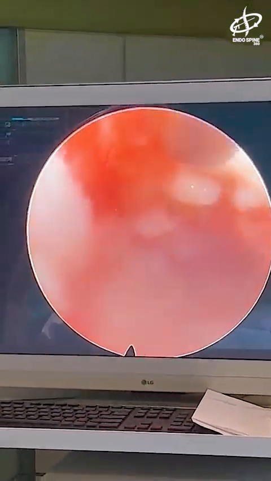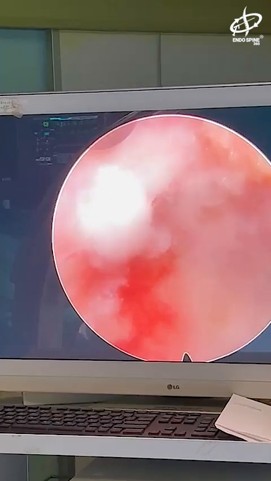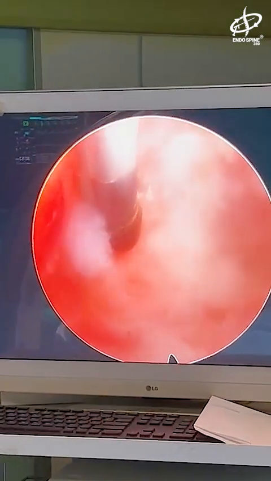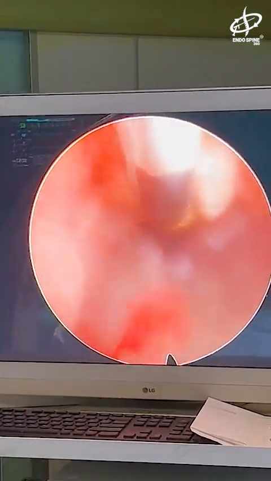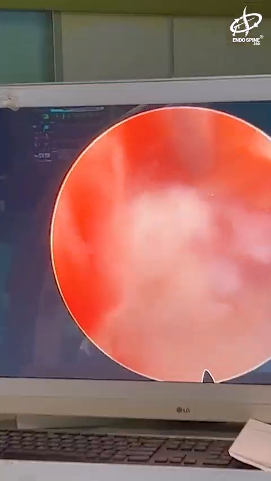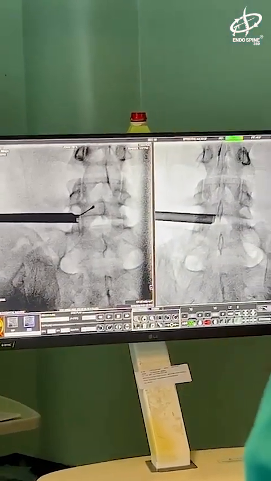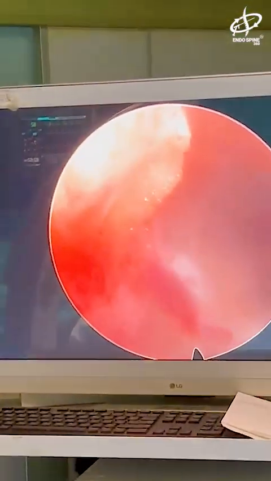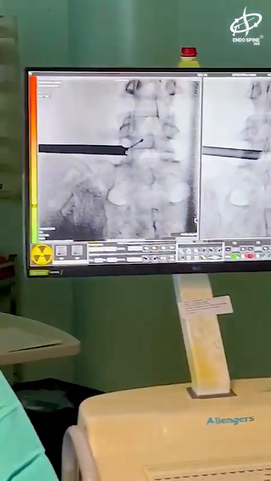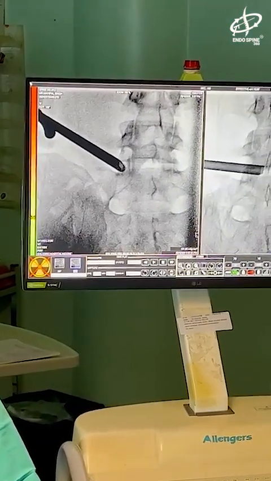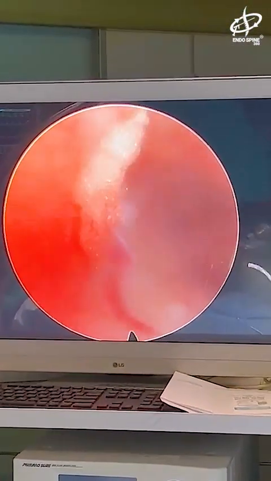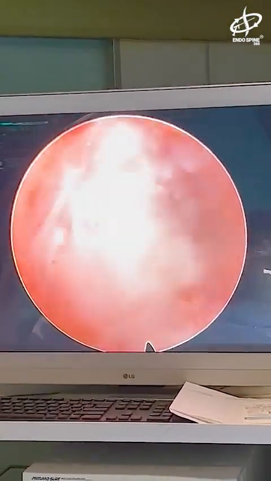Now if I track this, this is the exiting nerve root you can make out. So this is the exiting nerve root. This is medial shoot. This is behind the hidden zone of Macnab. Okay, and now if you track this, shoot. Okay, so that is the extent of the exiting nerve root. So that is the end point. You can see the traversing and you can see the exiting part.